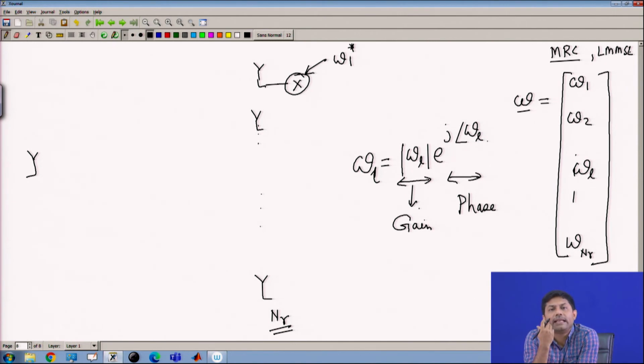How do you implement a gain in RF? It is kind of an amplifier, right? Any gain, how do you implement a gain in any circuit? It is an amplifier. So, does it mean that I need an RF amplifier? Well, every antenna has an LNA, low noise amplifier. So, that is usually there anyway. So, I can make use of the same LNA and push the gain there.